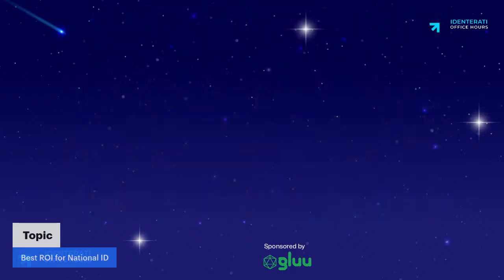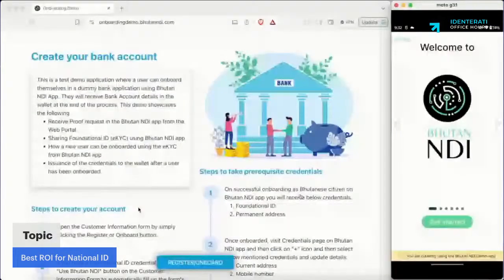So this is, again, an example of how we can have the individual citizens onboarded, issued with a foundational ID, and then the same ID can be used to get services from government, department ministries, or from the banks or other service providers. In this example, we'll quickly understand how an individual can get onboarded using the Bhutan NDI